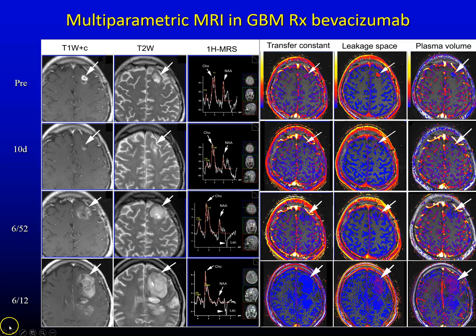Now, if you looked at this patient, you can see an initial reduction in the amount of enhancement and then tumor growth. So you would say this drug doesn't work. And you'd be correct, because on the T2 you observe the same phenomenon, a reduction and then a growth of the tumor. Clearly there is no